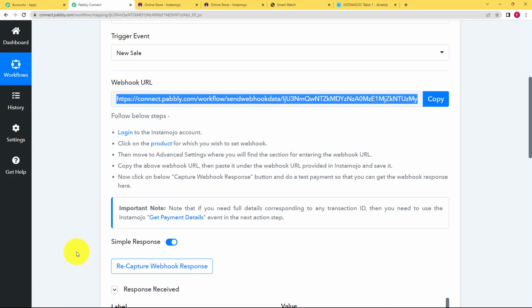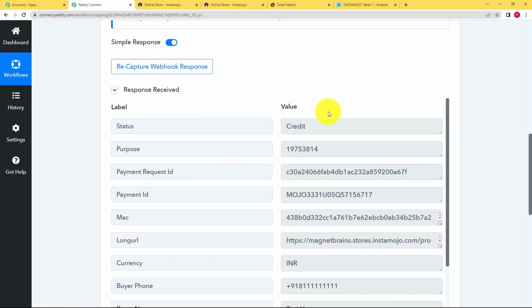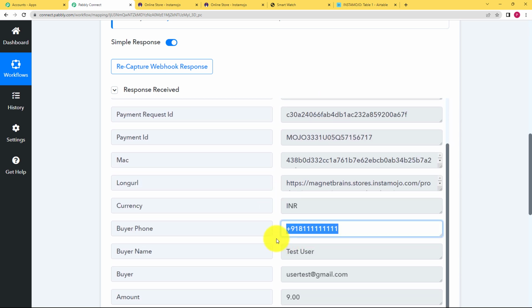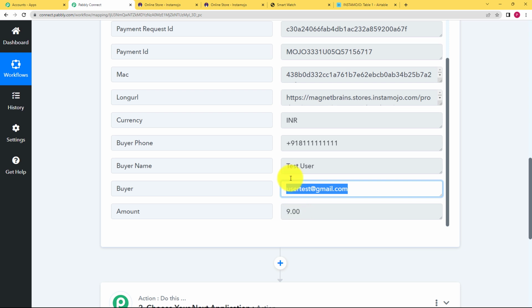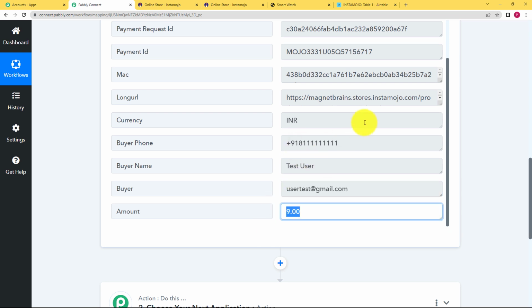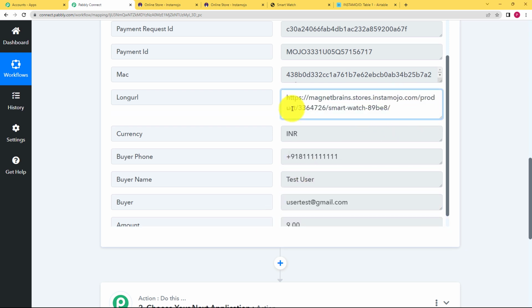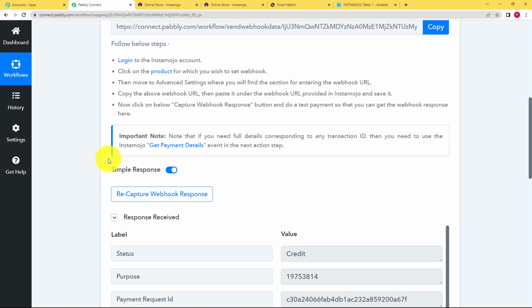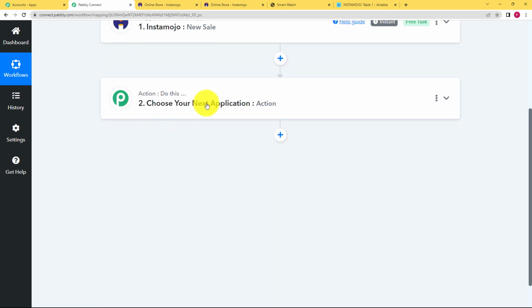So now we'll go back to Pabbly Connect to see a response has been received. First of all, it says credit, which means the payment is successful. This is the contact number, this is the name, this is the email address, and this is the amount. All right. And there is this URL which will give you the direct access to that page. Now once this is done, so you close this window and we will move ahead to our next step,